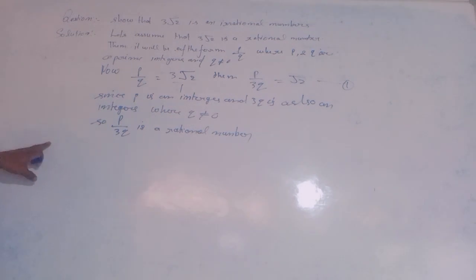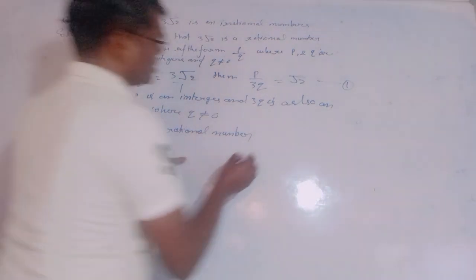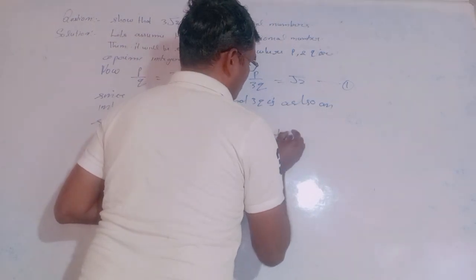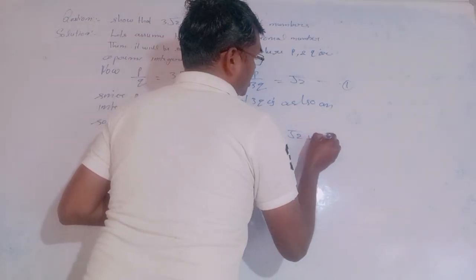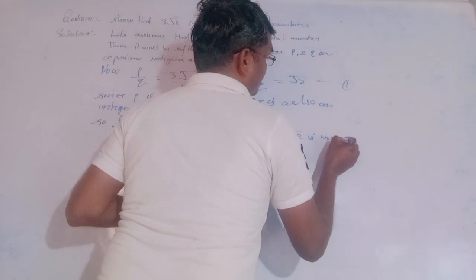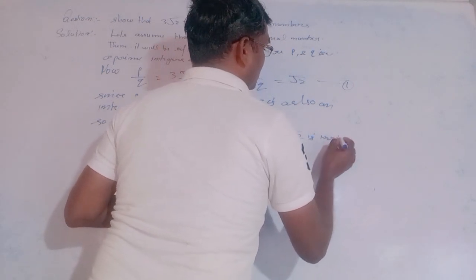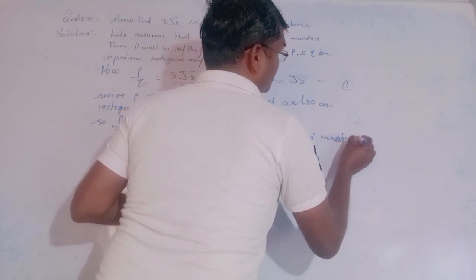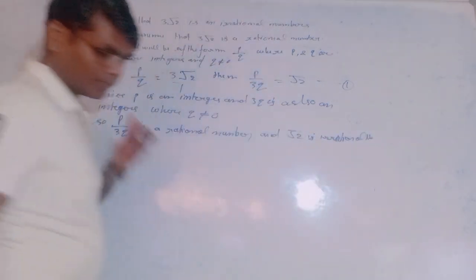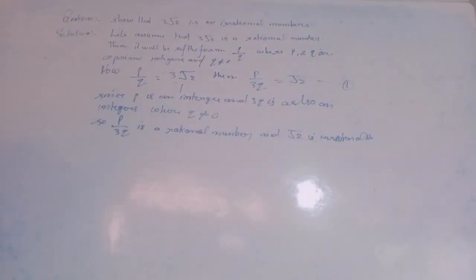Rational number, p by q is a rational number, and root 2 is an irrational number. Okay, p by 3q is rational and root 2 is irrational, but